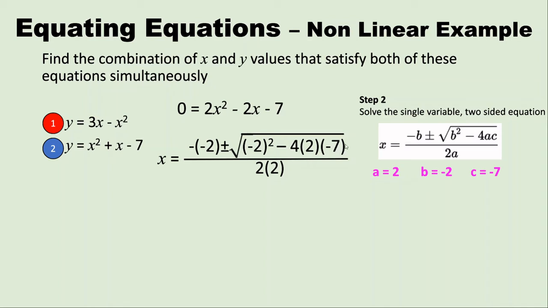Now I know that this is going to work out to be some positive value, so I'm not going to be square rooting a negative. I shouldn't have any math errors here. But if you have problems with your brackets, or you haven't put the correct signs on things, you may run into problems. That's a long formula, so don't forget the whole thing needs to be written over 2a, so